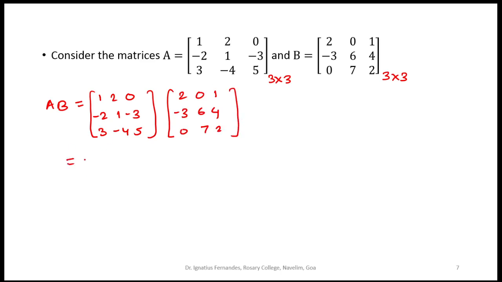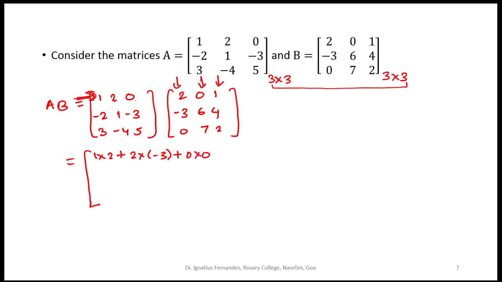Okay, so as we have already discussed the procedure, you will multiply first row to the first column, then the second column and the third column. That will give you the first row in this. What is going to be the resultant product? The product is going to be a 3 by 3 matrix. Okay, so 3 rows and 3 columns. So first you multiply the first row of A to these 3 columns. So 1 into 2 plus 2 into minus 3 plus 0 into 0.